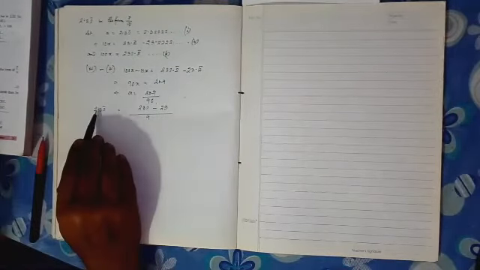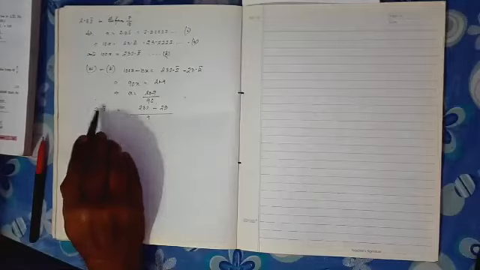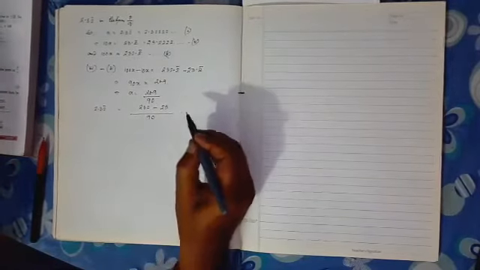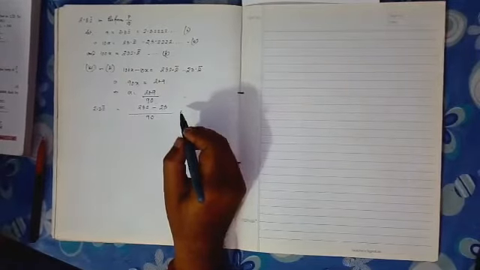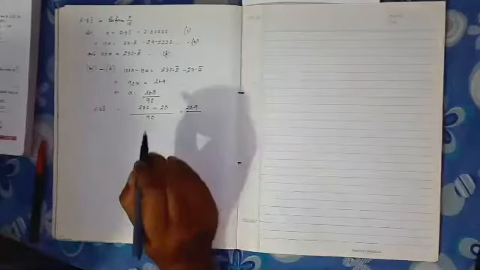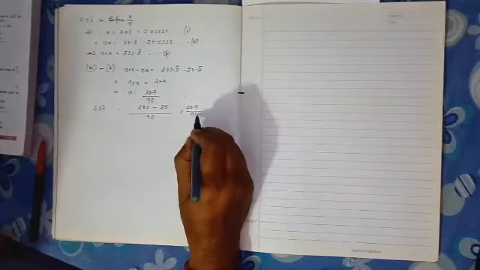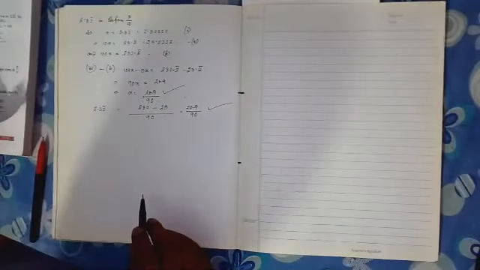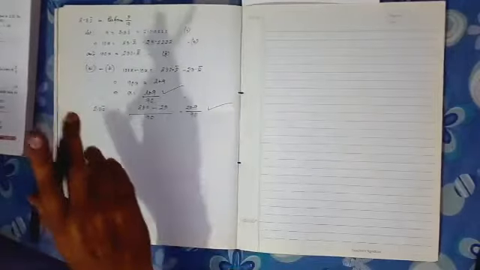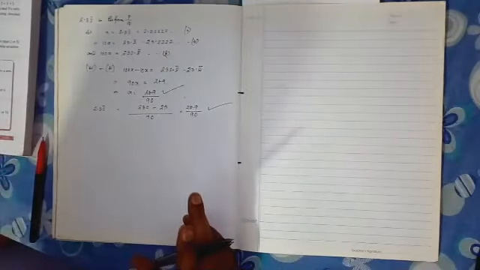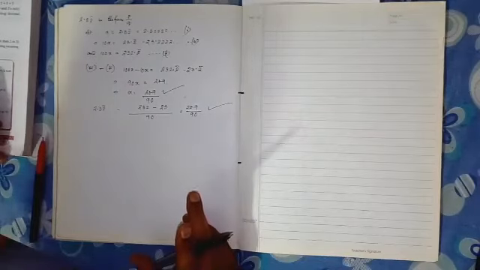How many digits within the decimal are without bar? 1, so 1 number 0. That is equal to 209 by 90. Same answer came this time also. Okay. Now let us see